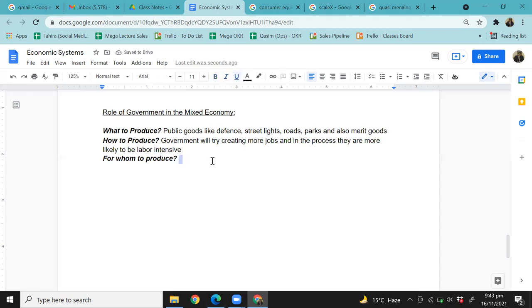So since the government objective is to provide people employment, because otherwise these people become dependent on the government, and they might also get involved in bad activities, crime and stuff like that, the government tries to employ as many people as it can, right? And then comes the last question: for whom to produce? So the distribution of goods